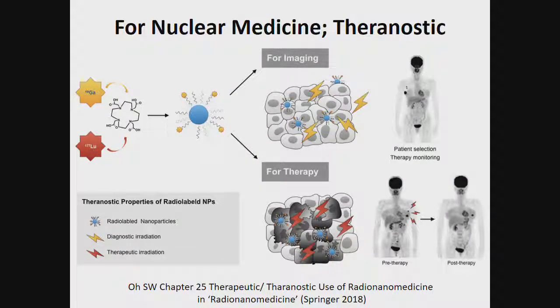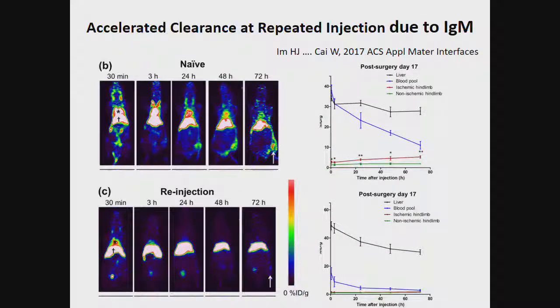So this is for nuclear medicine theranostics. This is the combination of the idea, and because we have a lot of surface there, we can label lutetium. And recently I'm interested in understanding the immune system. Believe me, understanding about the innate immune system has changed drastically. Please, we need to check.